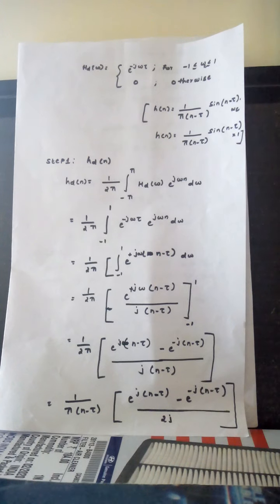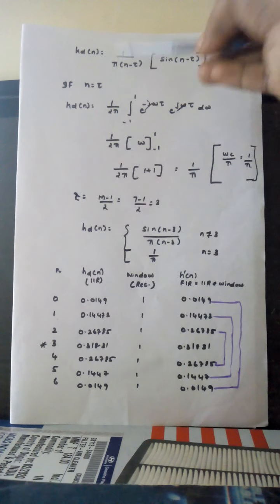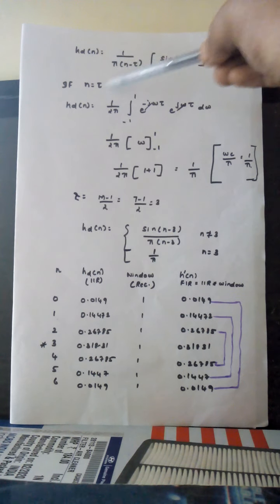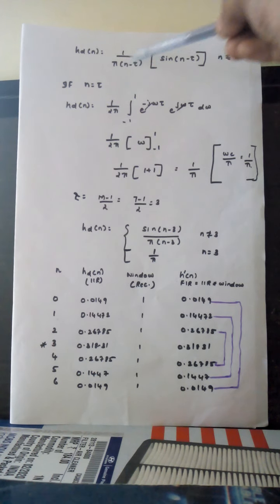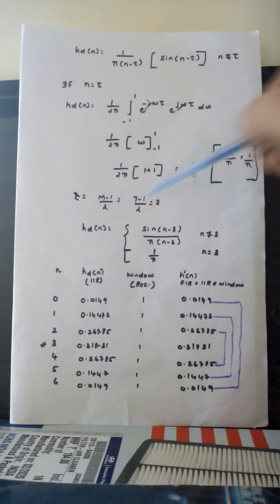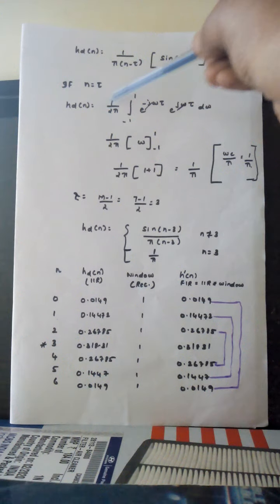So we can write it in the form of a sine. Here we are getting this as the answer. This condition will be satisfied when n is not equal to tau, correct? If n is equal to tau and you substitute here, this will become 1 by 0, which becomes infinity, correct? So for this case we have to take the inverse Fourier transform, that is 1 by 2